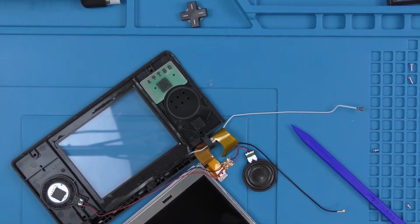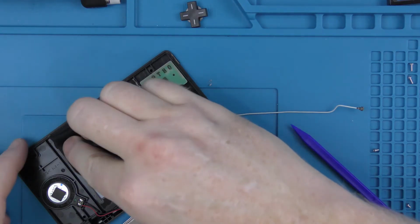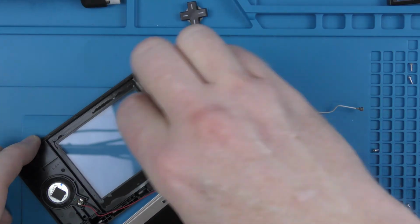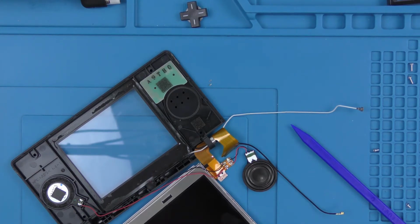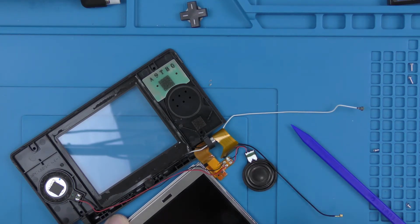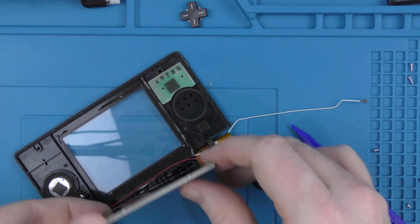And then we can flip the screen over and put it back into the housing. So I just want to give it a bit of a clean before we do that, just to make sure that there's no dust on the lens, because otherwise it will just be a complete strip down again in order to get rid of that. So I'm using a microfiber cloth, the same sort of cloth you'd use to clean glass, like reading glasses or sunglasses. Just making sure that I get every little fingerprint or bit of dust that I can see,